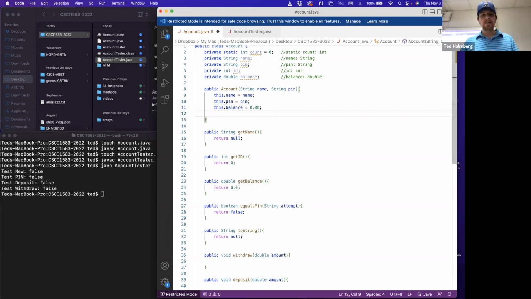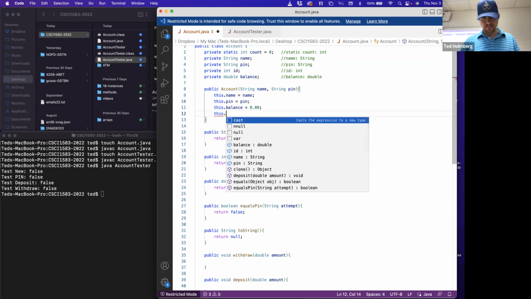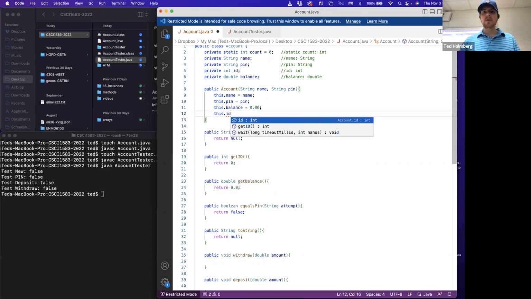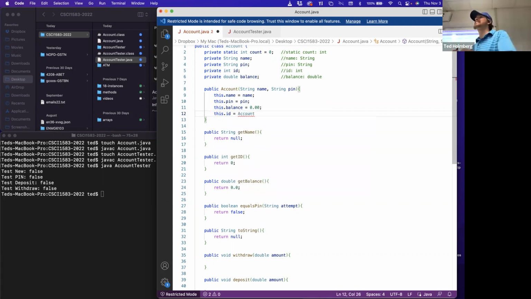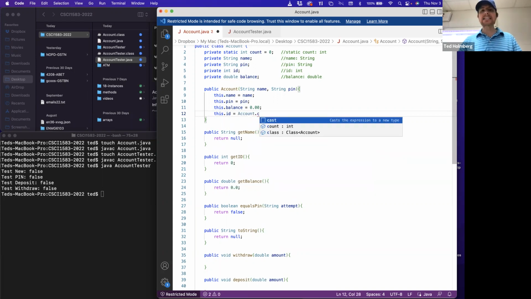And then finally, for this ID, what I'm going to do to assign this is I will look at what count is. Since this is a static field called count on Account, I will use the class name Account and then access the count from it. Despite the fact that it's private, since this method exists within the class, I can access any private fields of this class. So I will access and set count, but I'll also do a